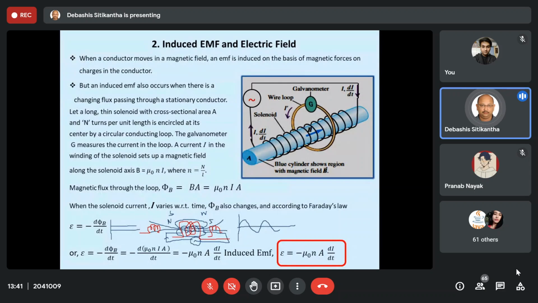So in this way, even though this red color coil is stationary in nature, it is subjected to a varying magnetic field because of the alternating current. And due to this, when this coil is linked with a varying magnetic field, it is very natural that an EMF will be induced. And this EMF is actually known as induced EMF or transformational EMF.